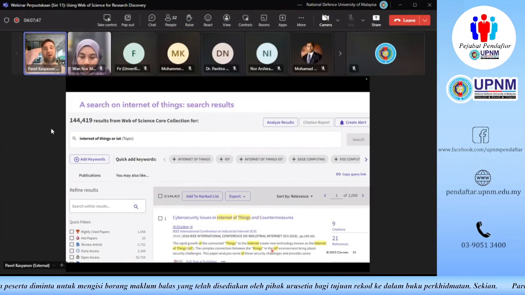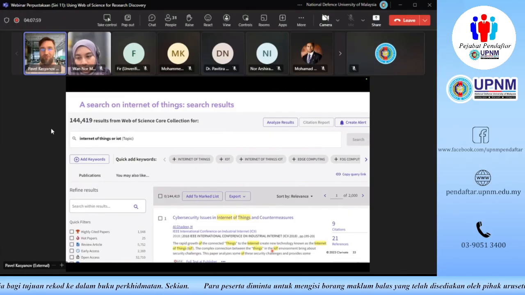Everything that comes after it basically gets assigned a score versus this highest score of relevance. So all the other results are less relevant, but I'm pretty sure that the first few hundred, maybe dozen thousand results, are really going to be super relevant for the topic of Internet of Things. And once again, by default, they're sorted by relevance.